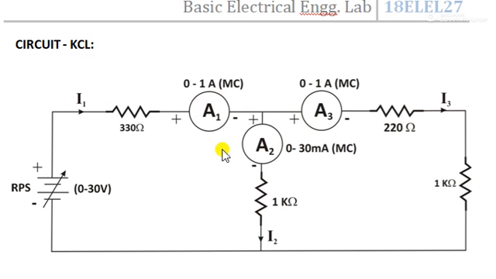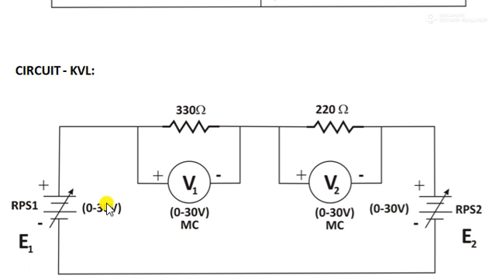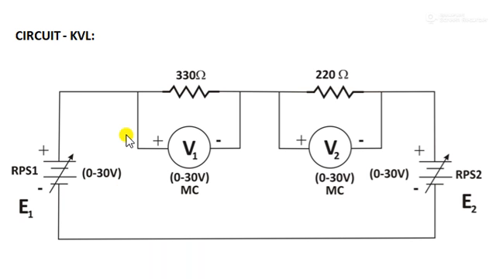As in the KCL we need to measure the currents, therefore 3 ammeters are used here. You can use 3 ammeters to measure the current at this node, which will give you the actual KCL. According to the KCL statement, here we want to measure the current at the node of the circuit, hence we require 3 ammeters for this case. Now this is the circuit diagram for KCL. Next we go to the circuit diagram for KVL.